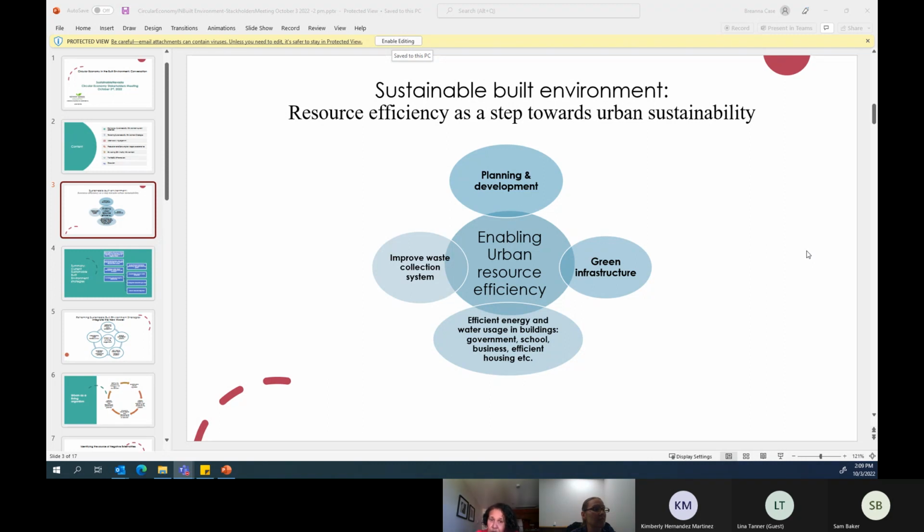And then we also include an improved waste collection system and better recycled materials. We incorporate single stream recycling that will increase the collection of waste. So we have done a lot of things. On water usage, we focus on buildings, the most energy-consuming part of the environment: government, schools, businesses, and housing.